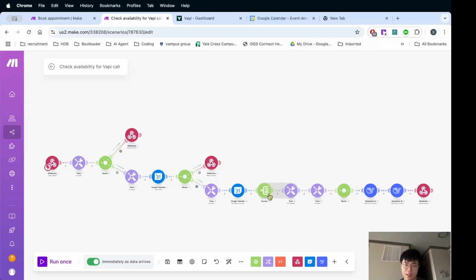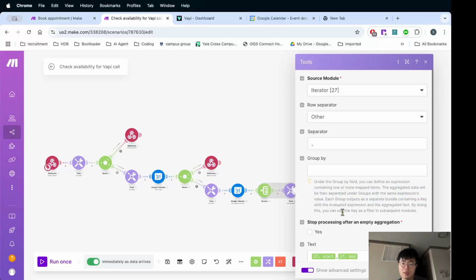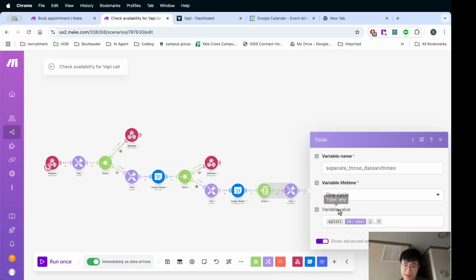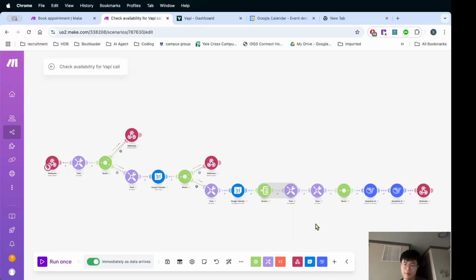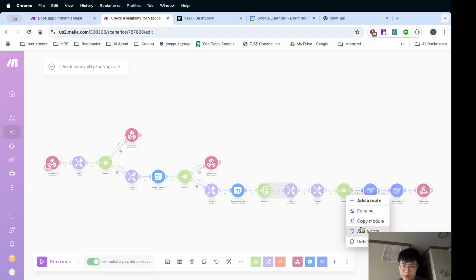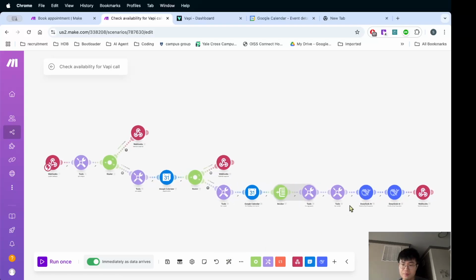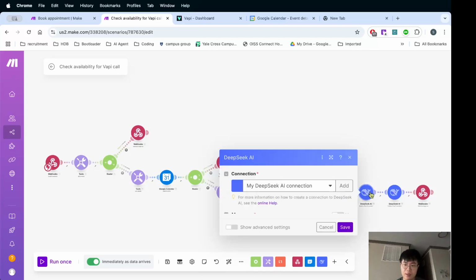And then the iterator and aggregator, which is just for outputting all the events for that day. And this is a couple of formatting things that I created. I can actually just delete this module and then connect them together, so that it outputs all the events within that day, and then I'm telling